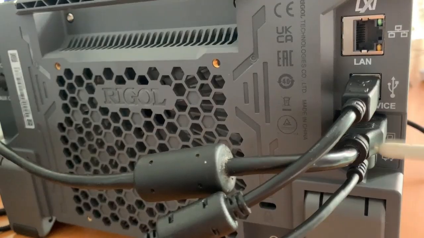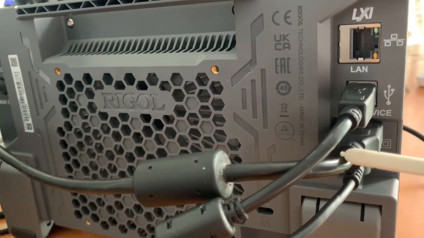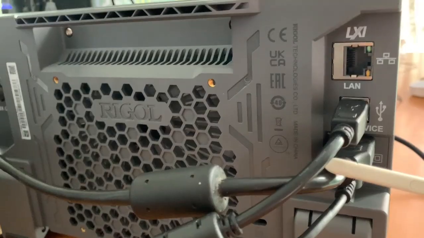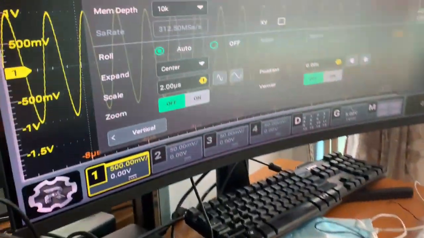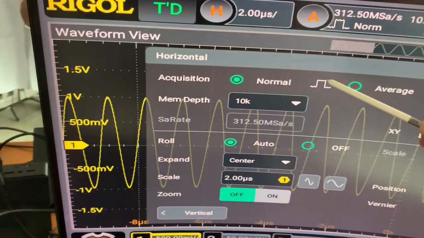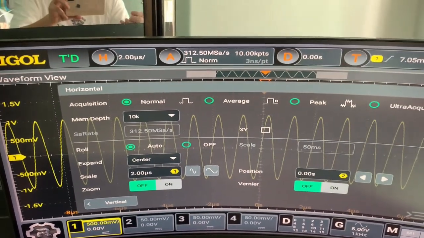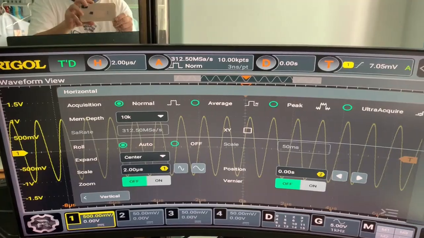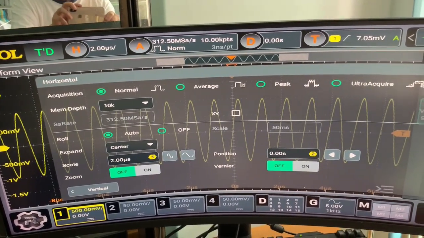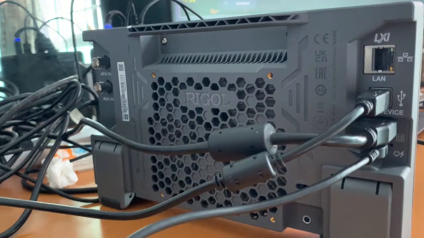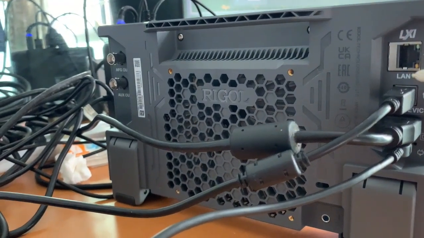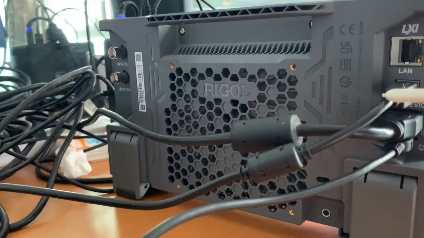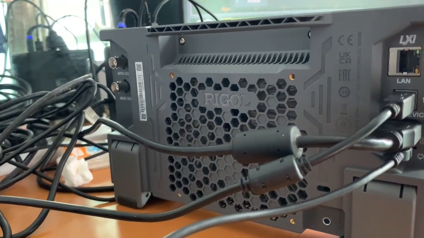Now I connect this HDMI cable to my monitor over there, this monitor. So you see the screen mirrored to this monitor. And then I also connect this USB cable to my laptop.